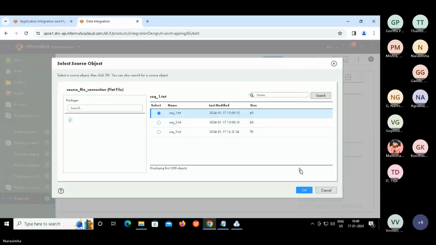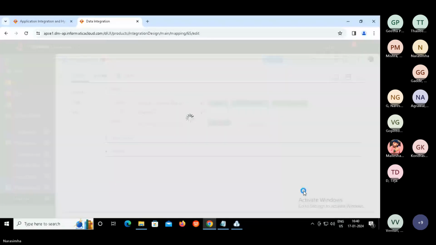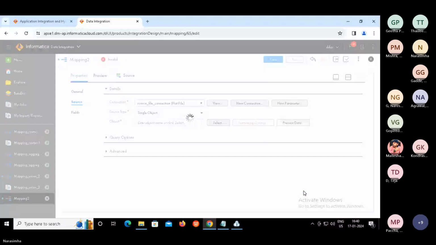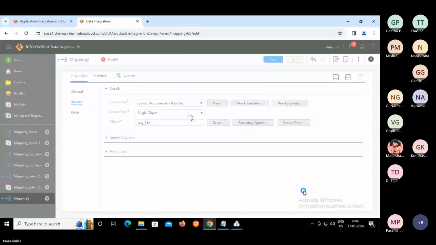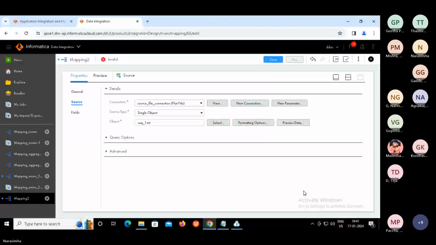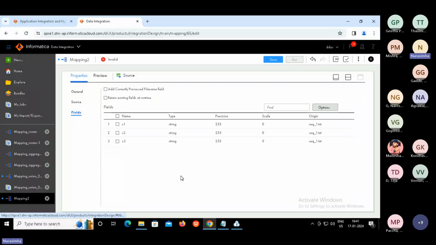SEQ1, say okay. That's it. So we got three fields anyway, which we all know, right?